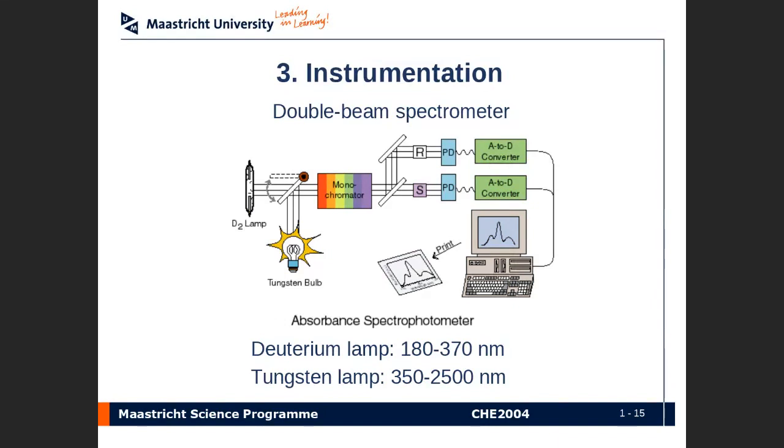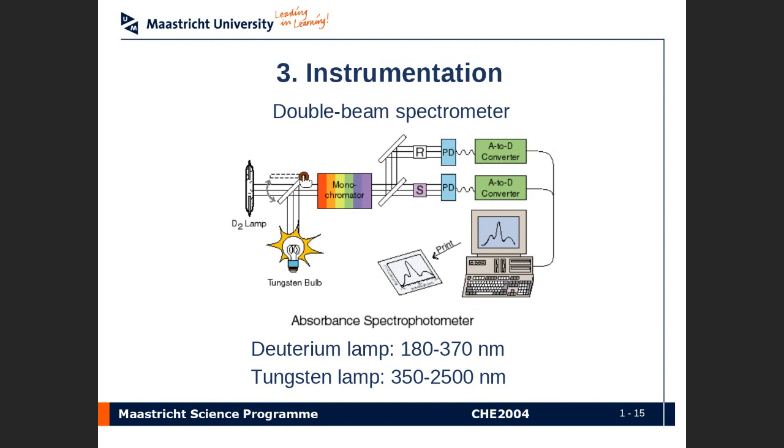This is actually just something to get the wavelengths in a monochromatic way. You have a deuterium lamp and you have a tungsten lamp. Deuterium lamp emits radiation from 180 to 370 nanometers, and tungsten goes from 350 to 2500. And those two shine through the monochromator together, and via a series of mirrors, you can see here,